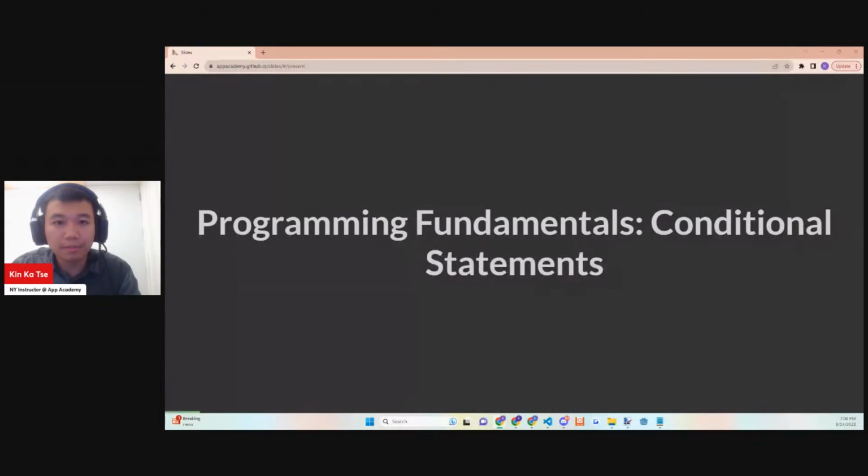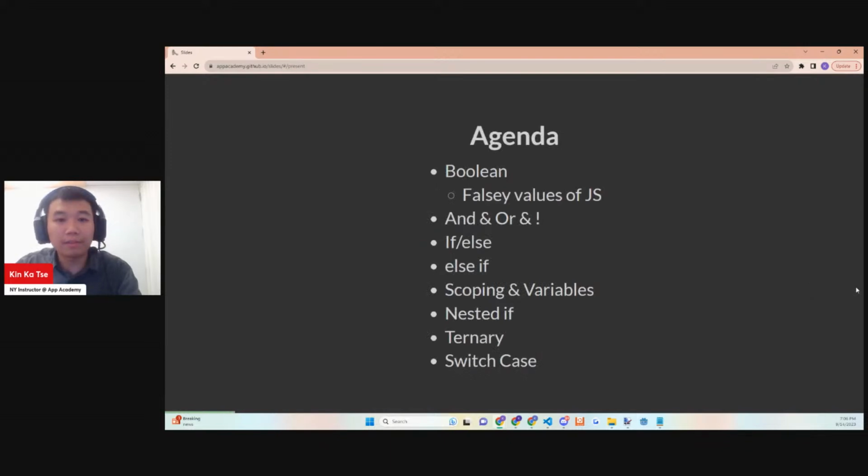For our agenda today, we're going to start with booleans and go into falsy values of JavaScript, as well as and, or, and bang operators. Then we go into if and else statements, as well as else if statements, and talk about scoping and variables.